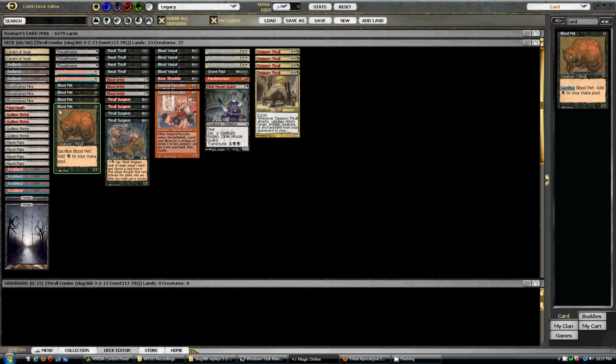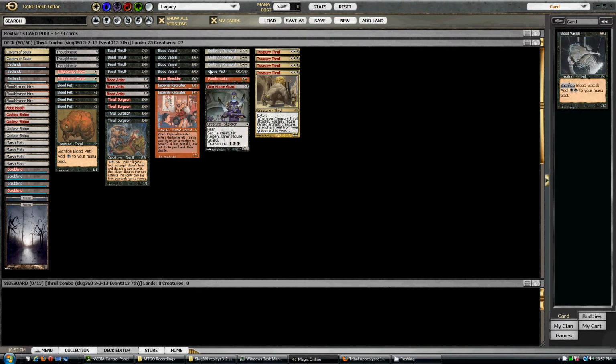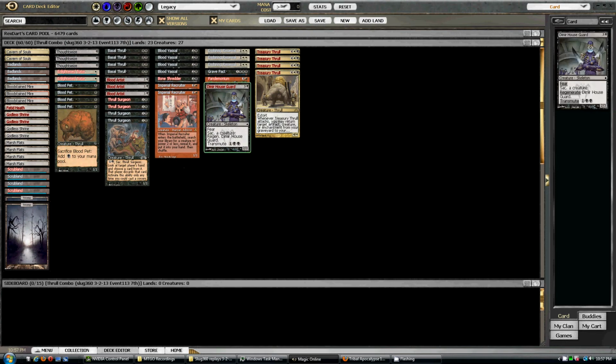The Blood Pet can, on entering the battlefield, trigger Pandemonium and do 1 damage to your opponent each time and beat him that way. Alternatively, it can combo with the Blood Artists to bleed your opponent for 1 every time that you do it. In the event that you don't have all of the pieces together, there's still a lot of synergies here. Grave Pact synergizes really well with all of the sacrifice abilities on the Thrulls,